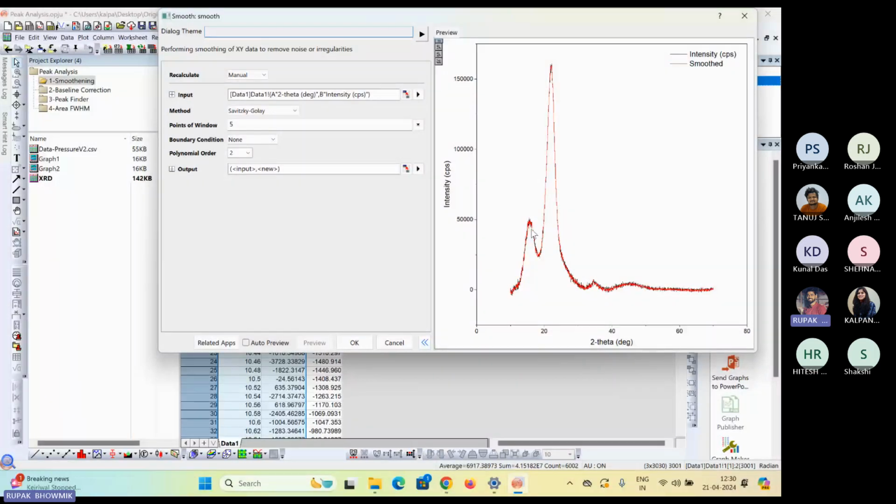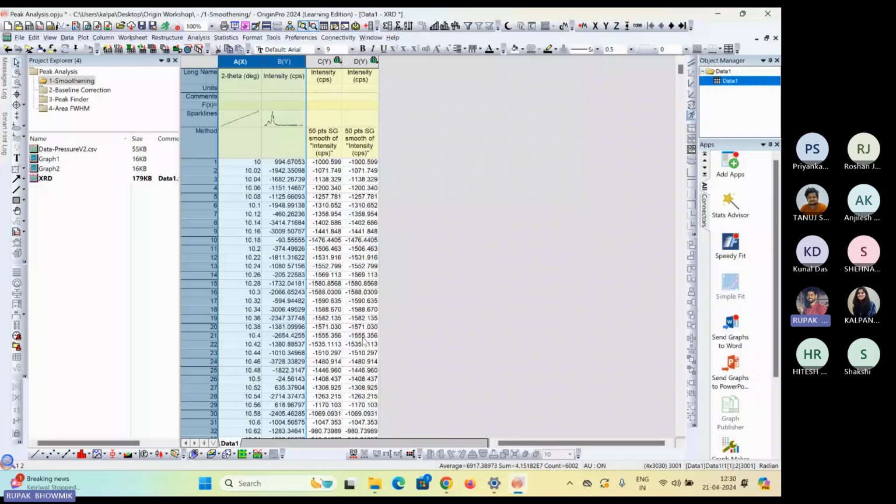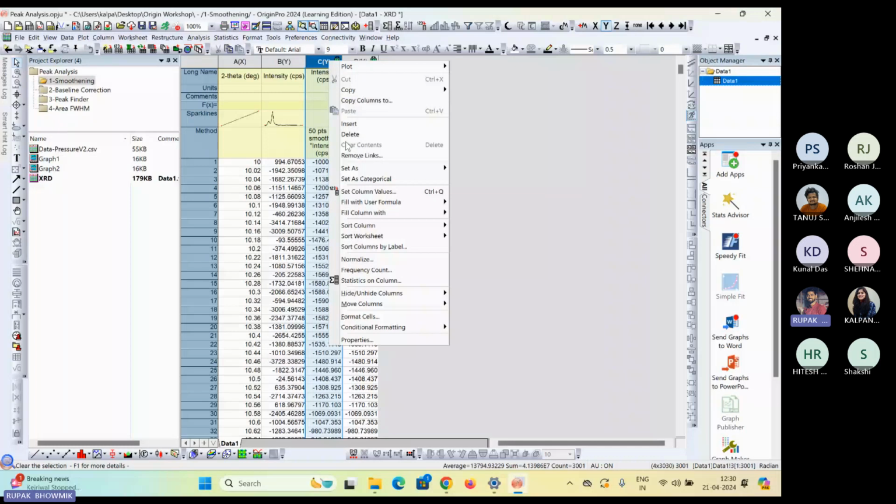Red is your smoothed plot. So what I'll do is increase the number of points, instead of 5, I'll increase it to 50. So I have a relatively smooth curve compared to the previous one, right? Once you click on OK, you'll have the smooth data now. So if I see the plots here,